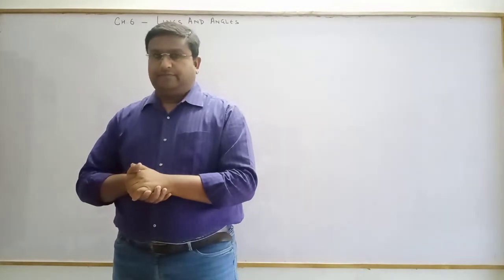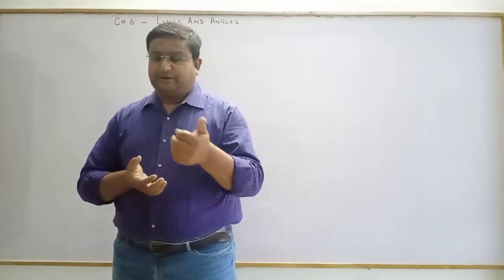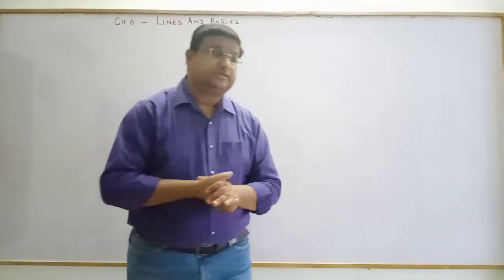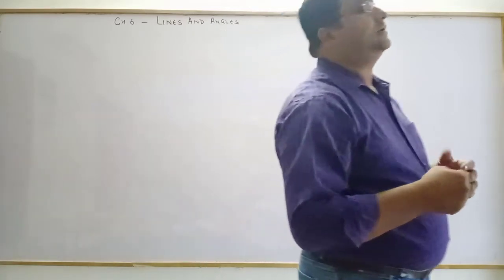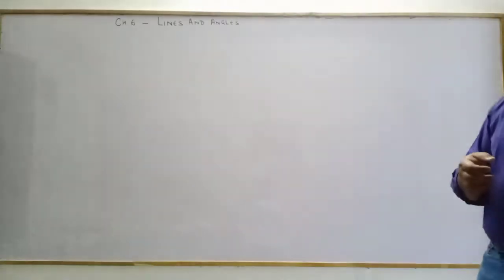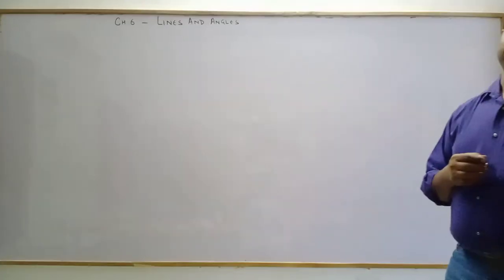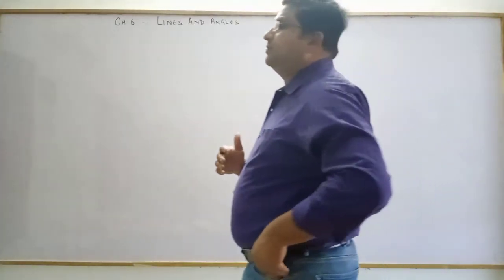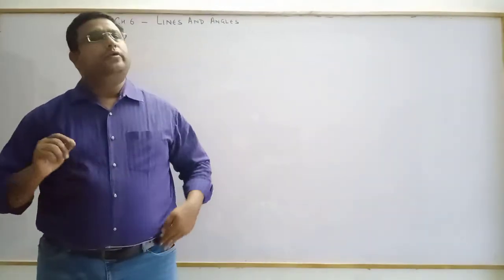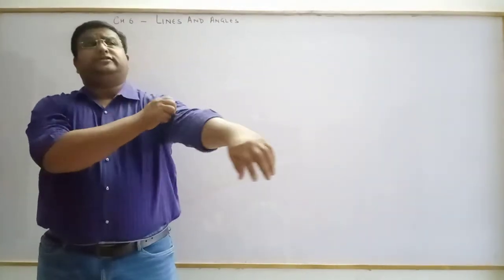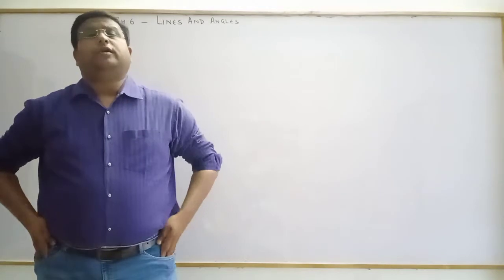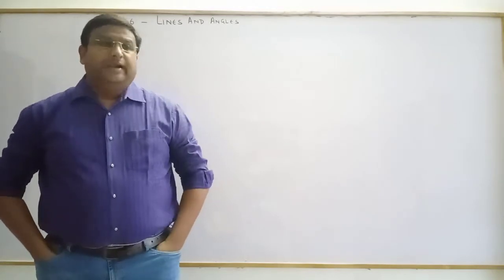Chapter number 5, Euclid's division lemma. Chapter number 6, lines and angles. Chapter number 7, triangles, quadrilaterals, areas related to parallelogram, construction, circles. Definitely 2 chapters have been taken away from your syllabus, that is chapter number 5 and chapter number 8, quadrilaterals. So we are not going to discuss that, but the rest of the units of your class 9 geometry are